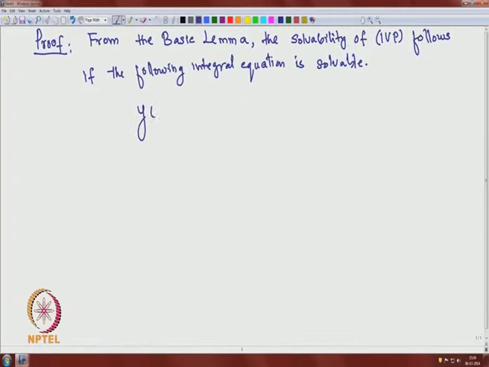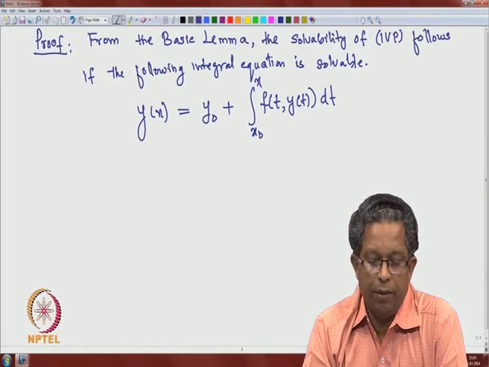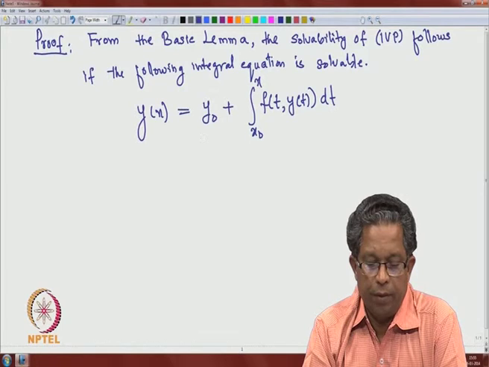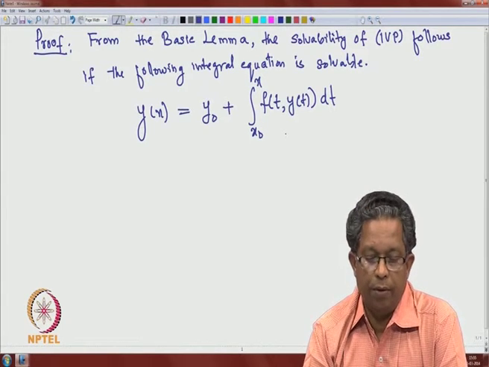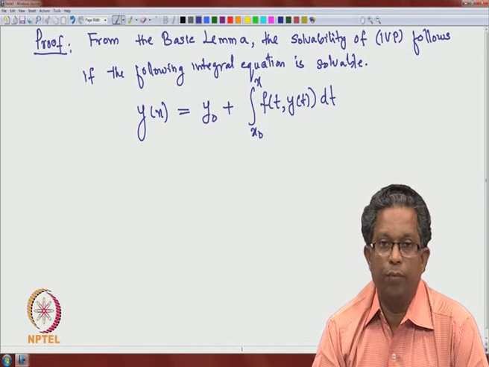The integral equation from the basic lemma: y(x) is equal to y0 plus the integral from x0 to x of f(t, y(t)) dt. So, we have proved that if you want to solve the initial value problem, it is enough to solve this integral equation. This is known as a mild solution of the initial value problem. Therefore, we are looking for a solution of this integral equation,